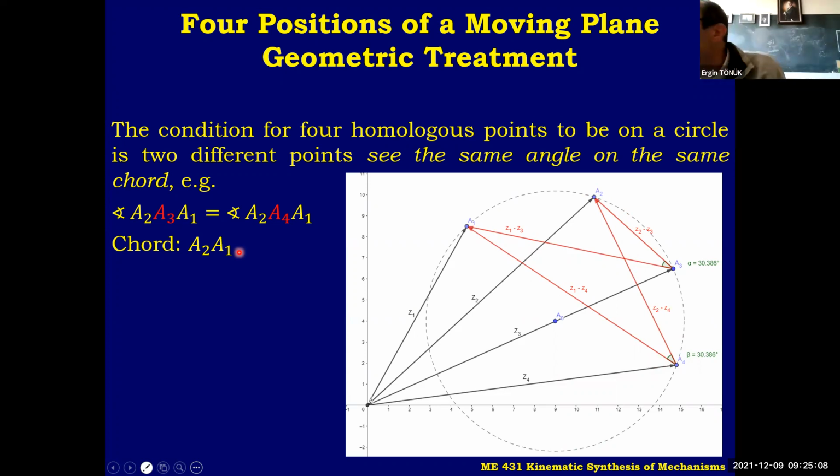30.380 what? 6 clockwise it would be, okay? The senses are important. So that's the only condition for these 4 points to be on a circle. Now,